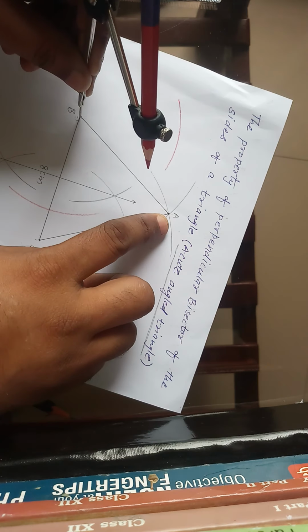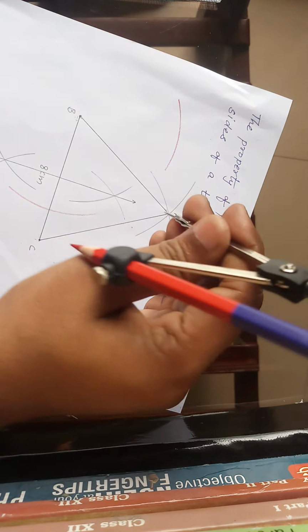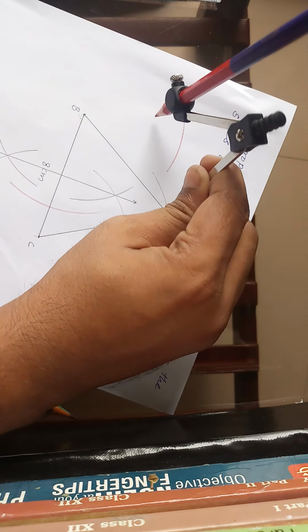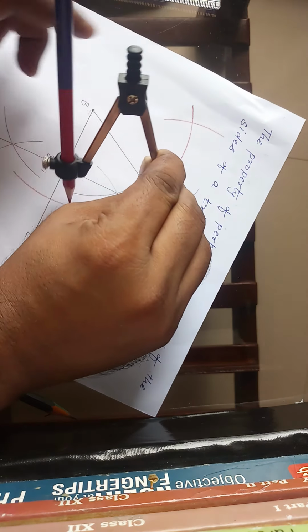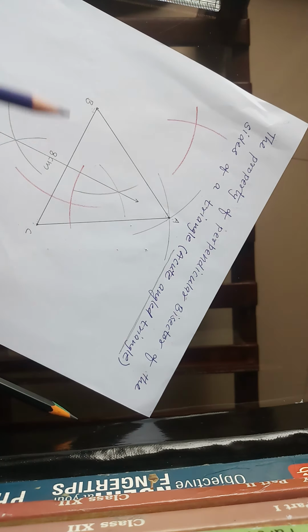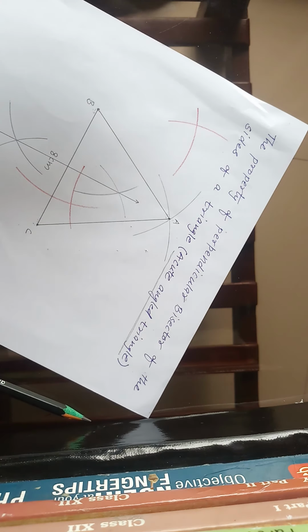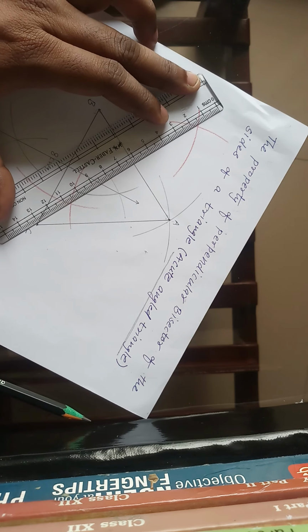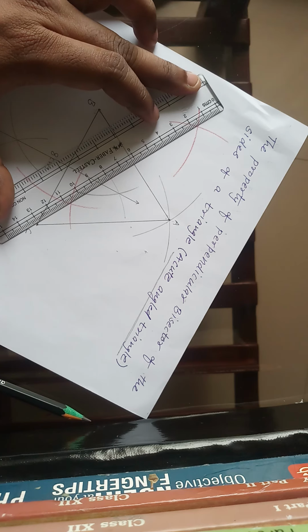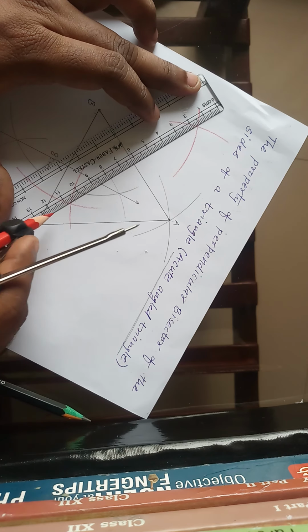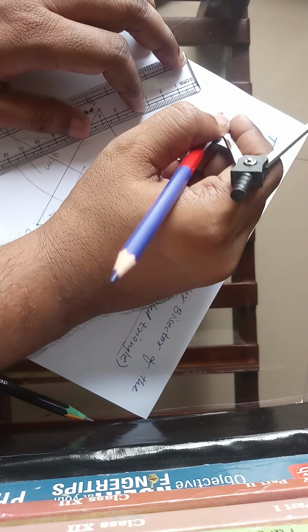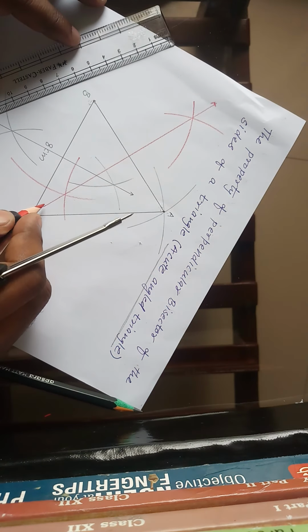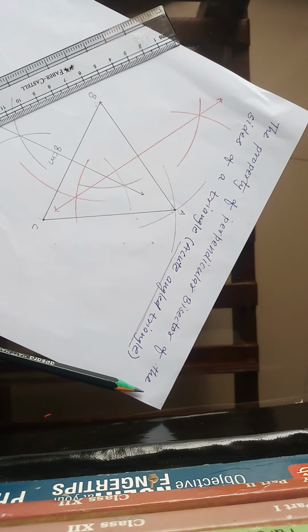Then the other end point is here. So from this end point of segment AB, you draw another arc like this, and one arc you will draw like this. This point of intersection of arcs you will connect together, and you will get the bisector of segment AB. This is your perpendicular bisector of segment AB, and this is how you are going to draw it.